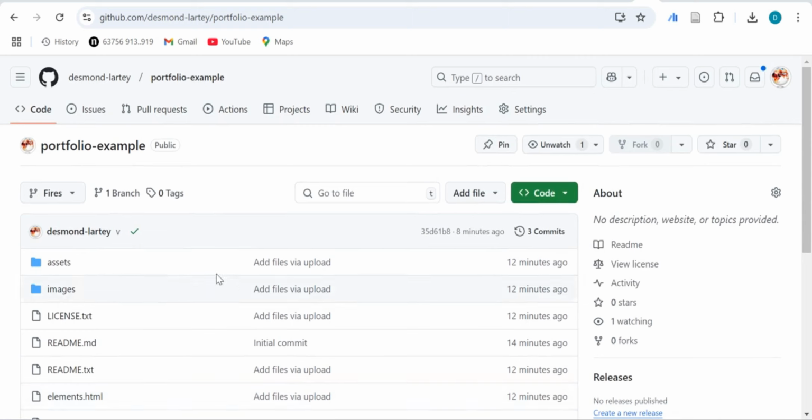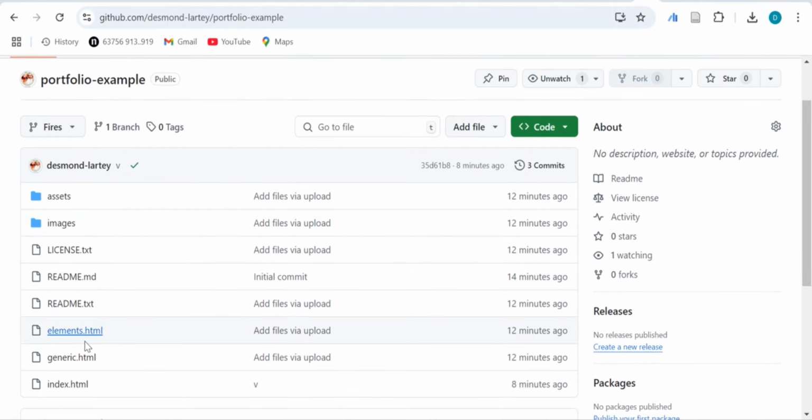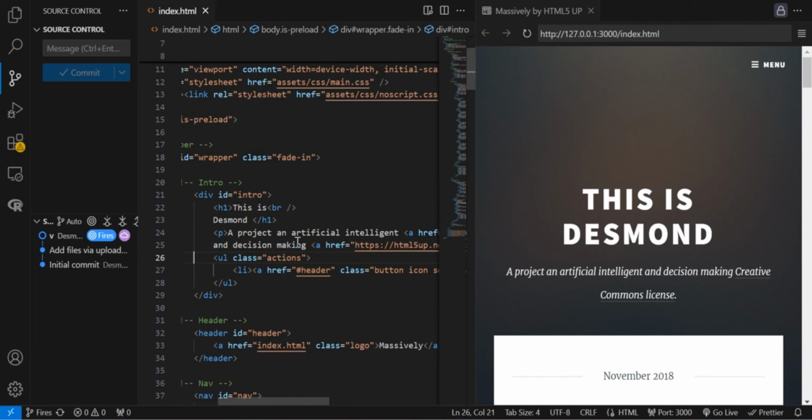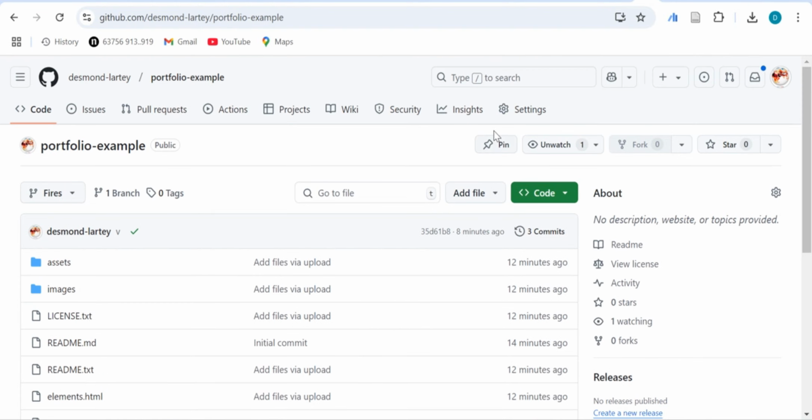So we are now at a point where we have to just do system settings for GitHub to be able to deploy this on the web. Like I said, again, make sure that your index.html is at the root. Of course, you can also put it in a folder, but then it becomes a little bit complicated trying to work on this template. Remember that you are just editing a template, so you have to make sure that you are following the same structure. So here, you can go to the settings of this repo that you created.